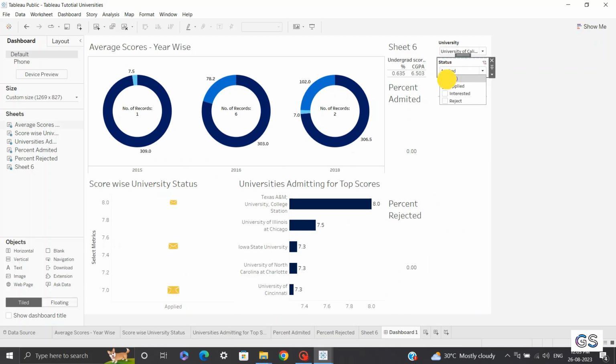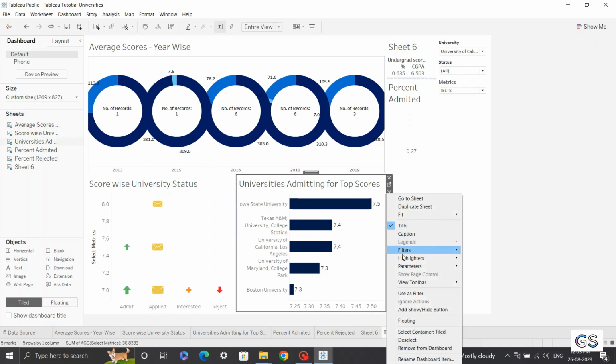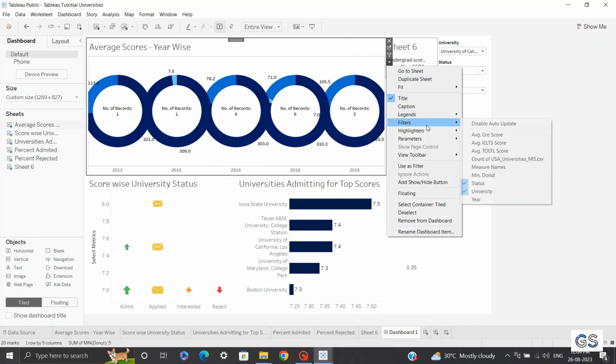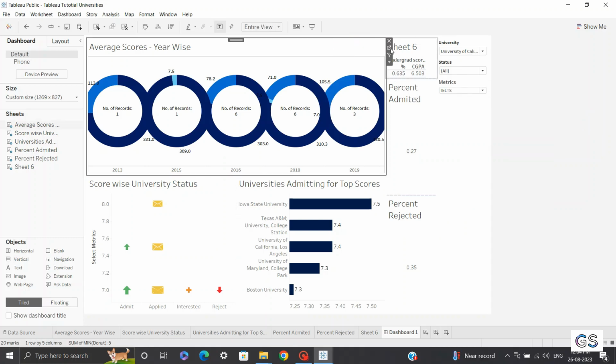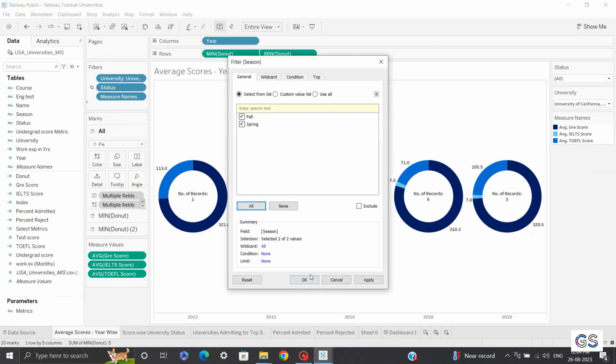So I'll just click on all, and also I'll bring field filter as season, so I can toggle between fall and spring values. I don't think we have that filter, so let's quickly add it over here. I'll bring season in my filter, click on all and click on OK,